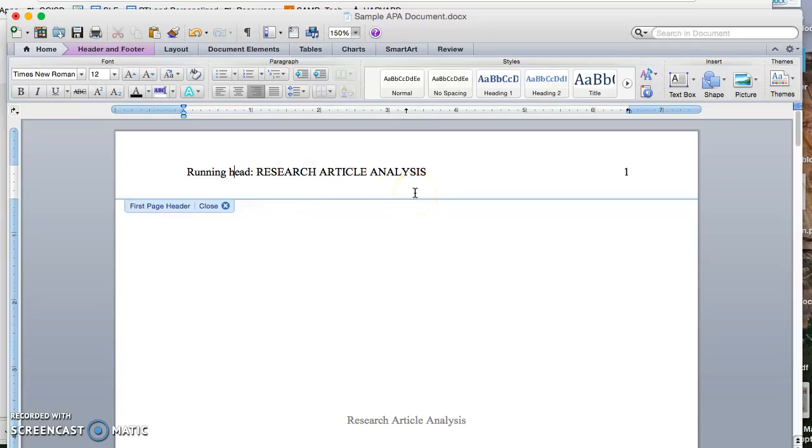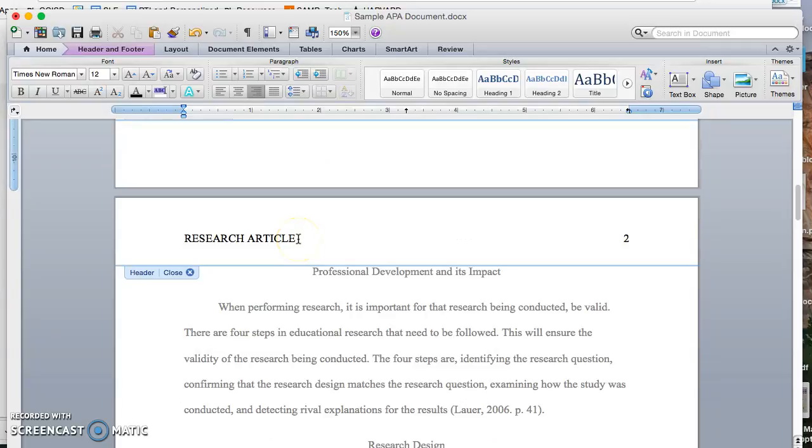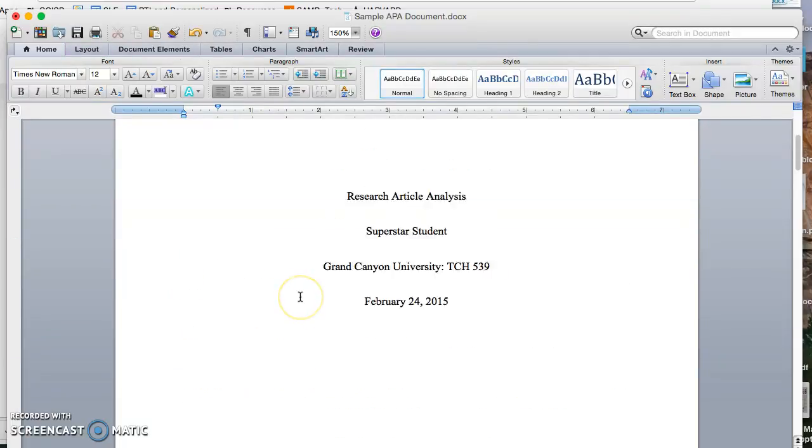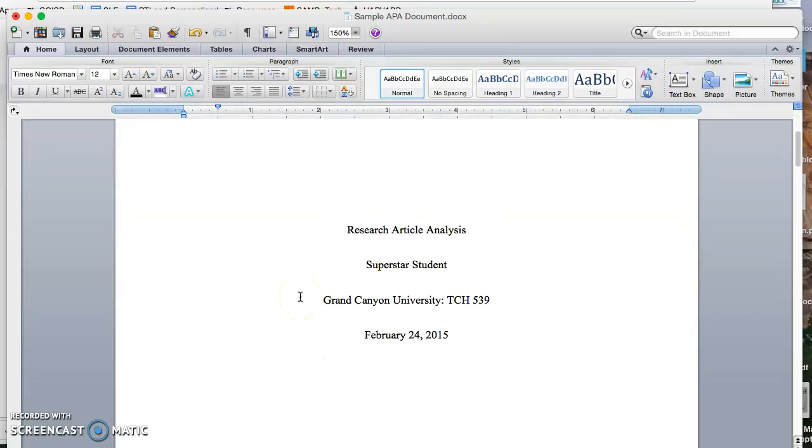So for this one, it is Research Article Analysis, all in caps, and you will want to make sure that there is a page number as well. After your title page, you will actually set up your running head where you do not see the words running head, only the title will appear. We will close out of that, and then let's look at the other specifics of a document written in APA